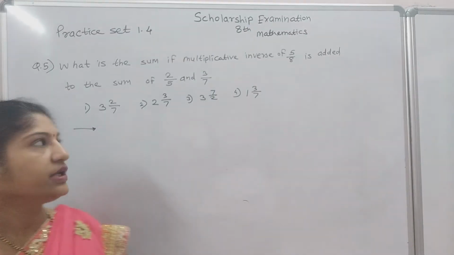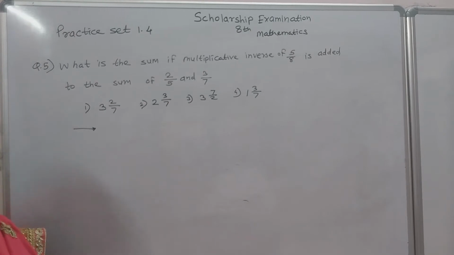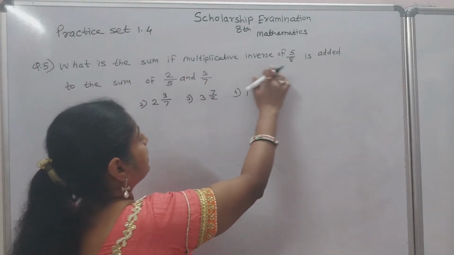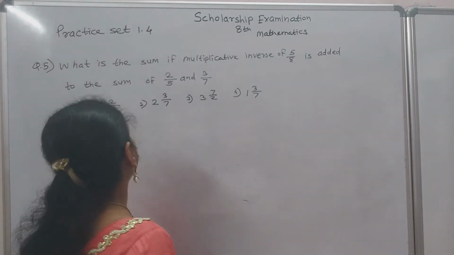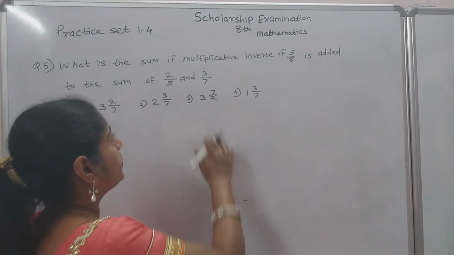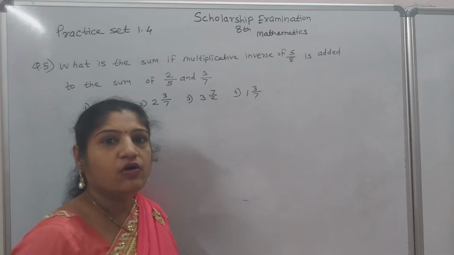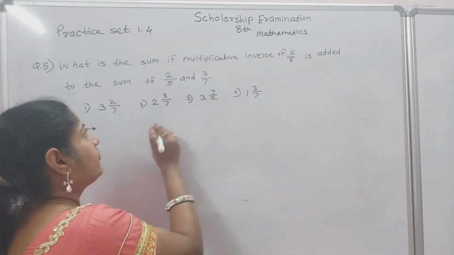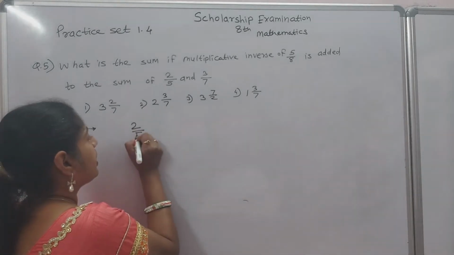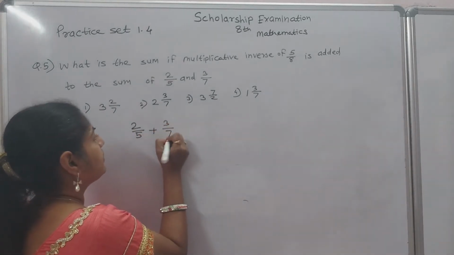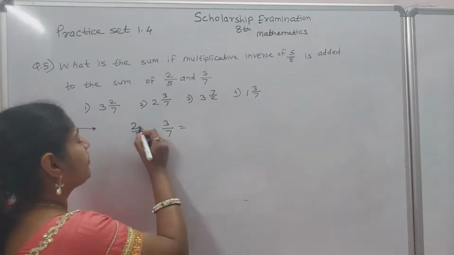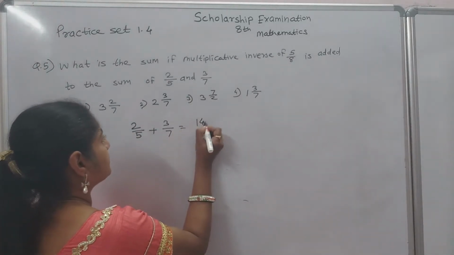Now next question is, what is the sum if the multiplicative inverse of 5 upon 8 is added to the sum of 2 upon 5 and 3 upon 7. Now first we have to add this one. First add 2 upon 5 plus 3 upon 7, and the denominators are not equal, so by cross multiplication,